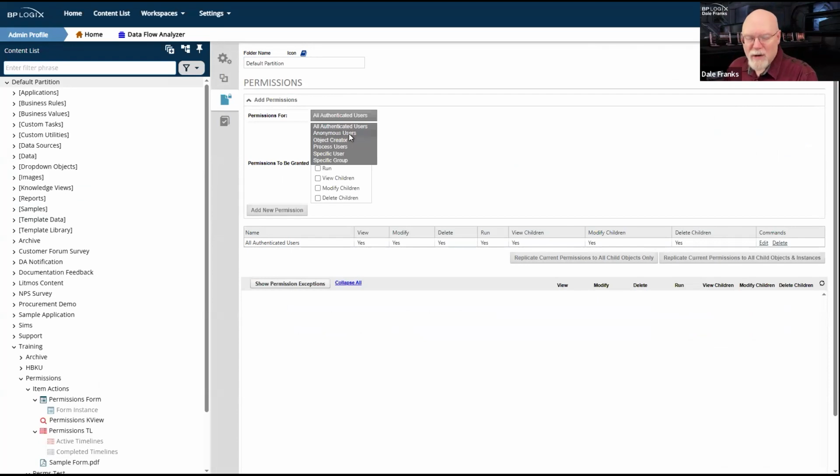Our engineers are sticklers for details, so they prefer the use of two terms, anonymous users and unauthenticated users. Technically, you can have a form that is open to anonymous users, which means people I have no idea who they are.